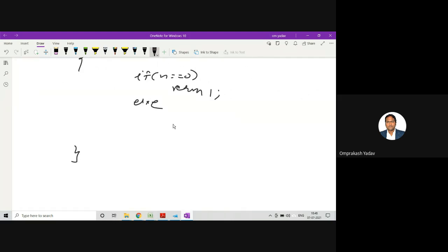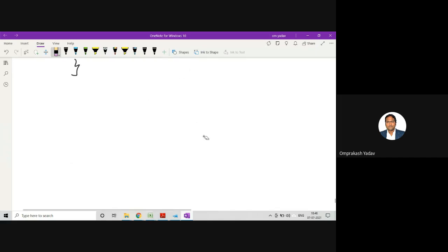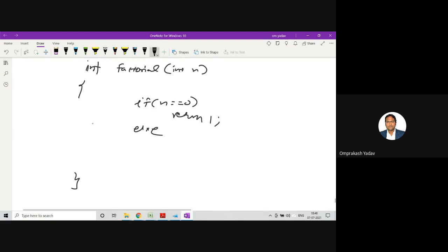Else return n into factorial of n minus 1.